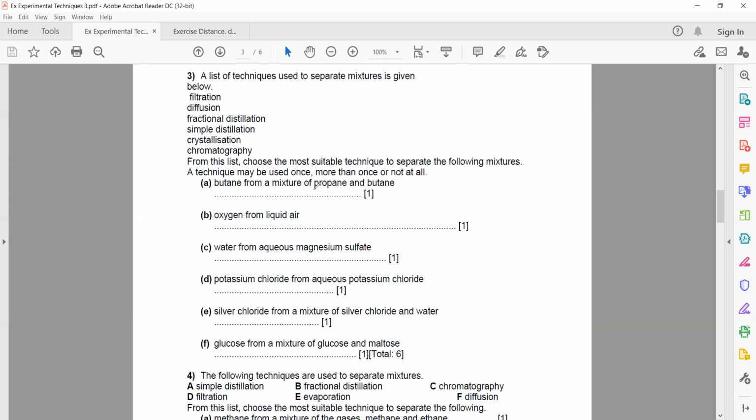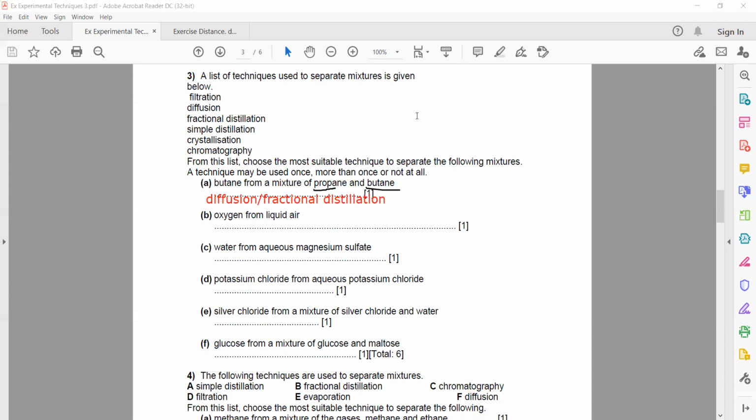So butane, from a mixture of propane and butane. So you have two, or basically both are gases. So when we have gases, the technique which we can use is diffusion, or we can use fractional distillation. So when two or more miscible substances are there, we use fractional distillation. Or